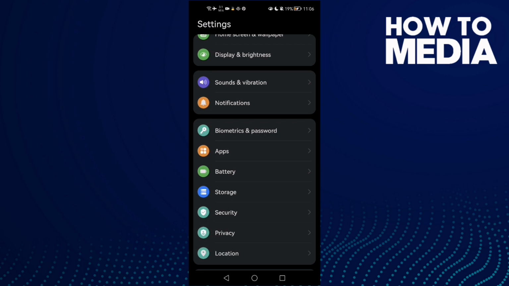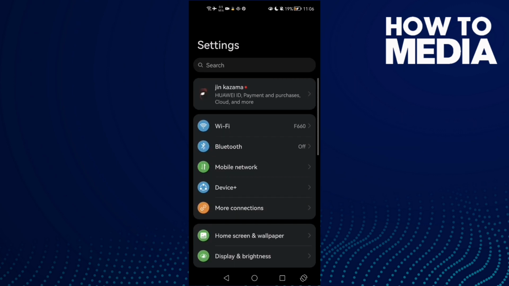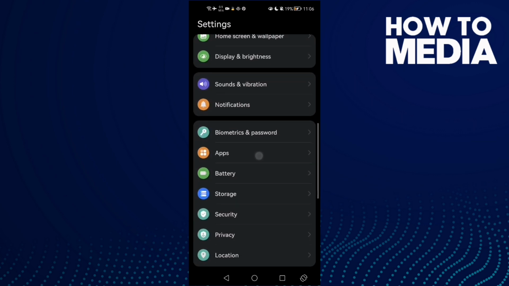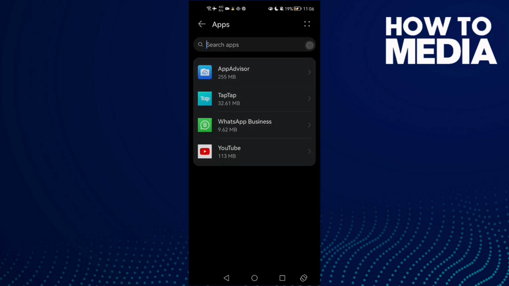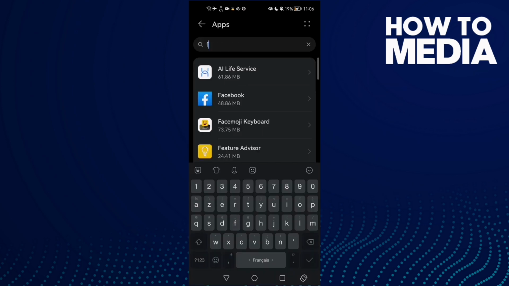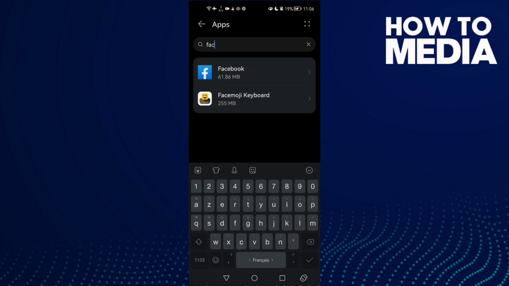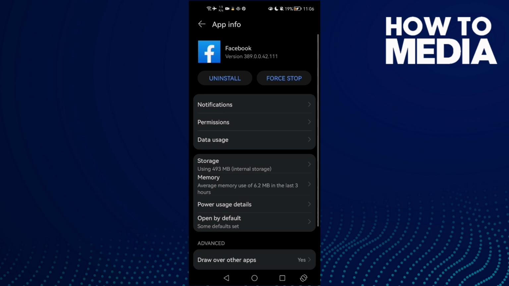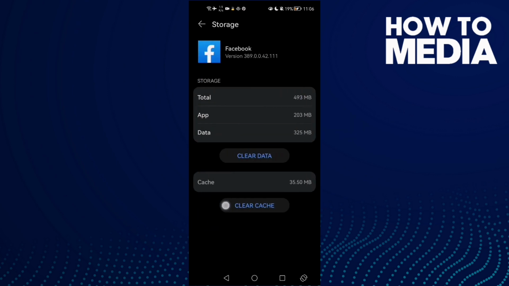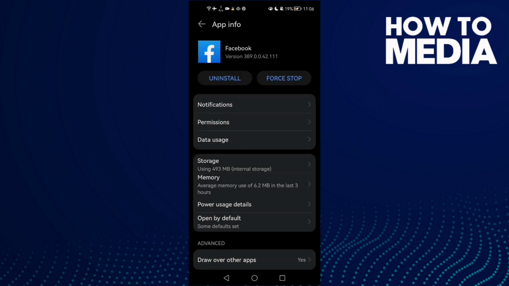First open settings and then just scroll down until you find apps, and now click apps again, and now just type here Facebook, and that's it. Click on it, and now click storage, clear cache, this one here, clear cache, and then click